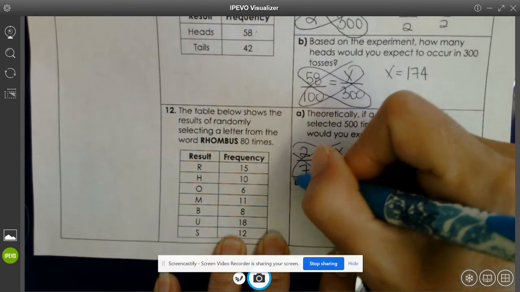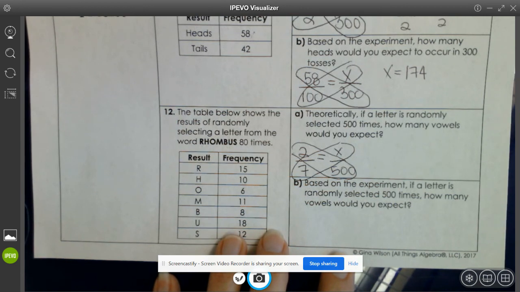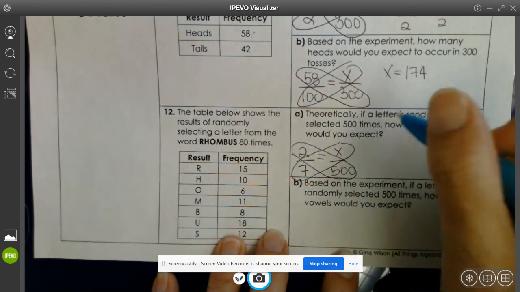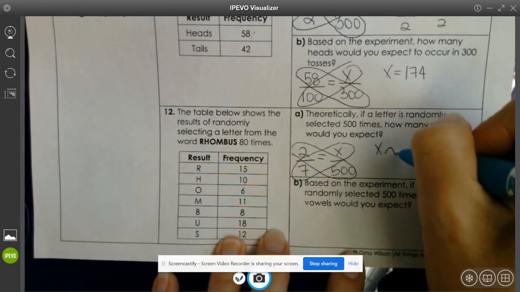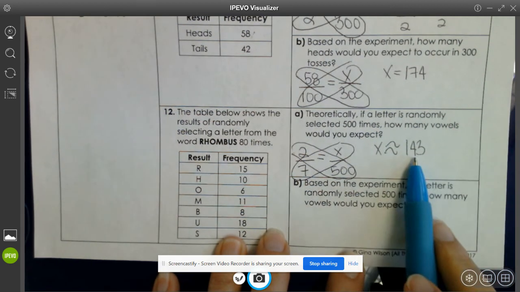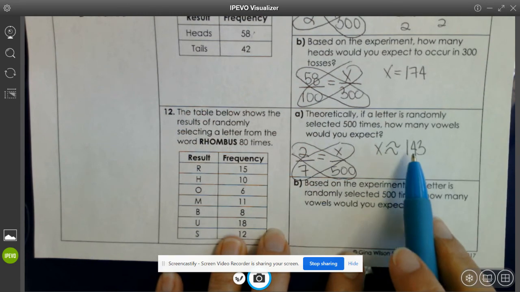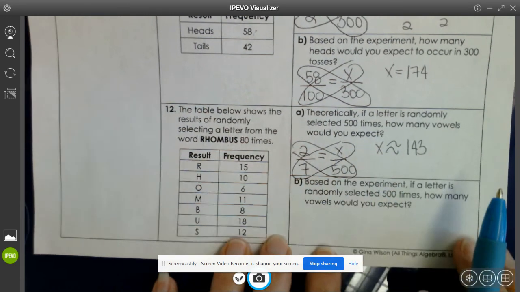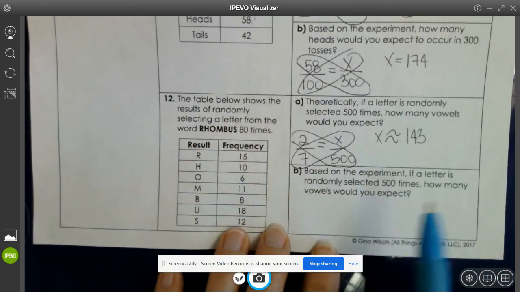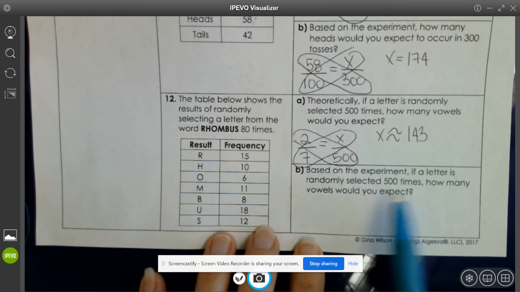2 times 500 divided by the one with the variable 7. So that would be 2 times 500, that's 1,000 divided by 7, that is 142.8. Let's just put 143. X is approximately 143 times. So that's how many times you should expect, notice my language, to get a vowel when you toss it 500 times. All right, so based on the experiment, if a letter is randomly selected 500 times, how many vowels would